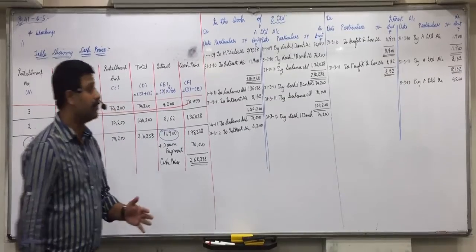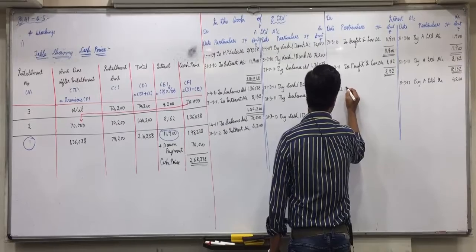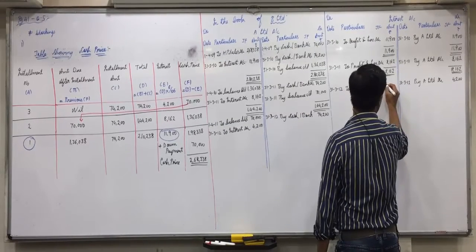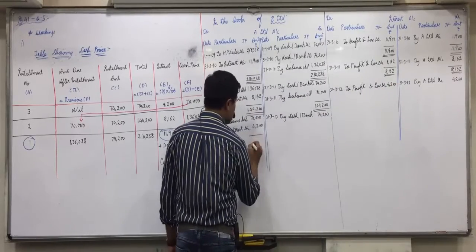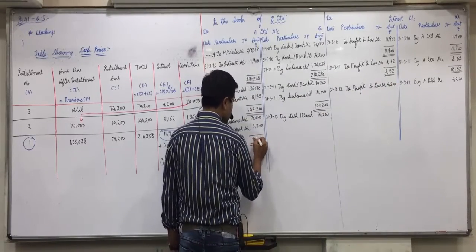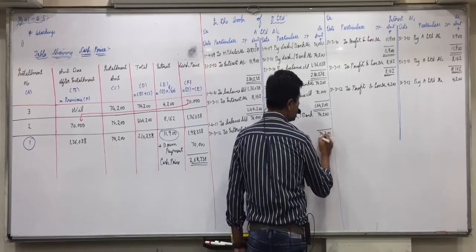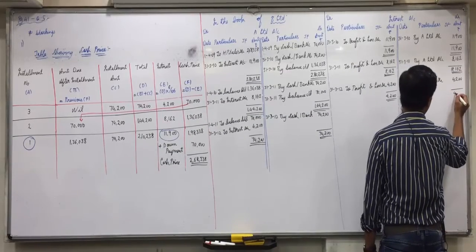Then closing entry, interest account on debit side, 31,312 to profit and loss account, 4,200. And it is the last year, so both the accounts should get closed. This is a squared up account and this is also a squared up account. Is everyone clear with this?